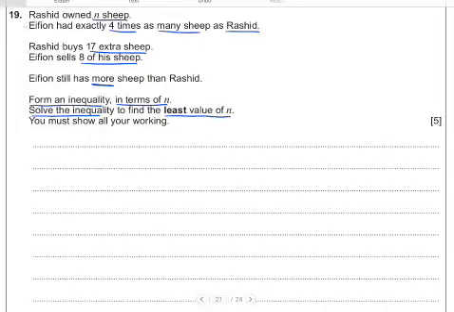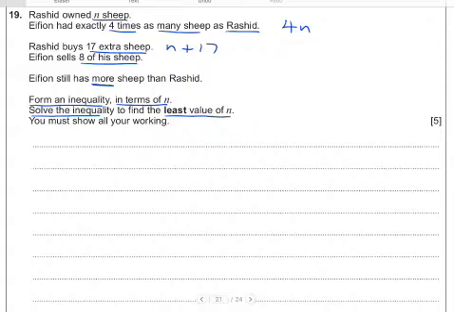So let's start again. Rashid owned n sheep. Ifion had exactly 4 times as many sheep as Rashid. Well, 4 times as many as n is 4n. If Rashid owned n, Ifion had 4 times as many as that. 4 times n is 4n. Rashid buys 17 extra sheep. Well, if he had n to start with,